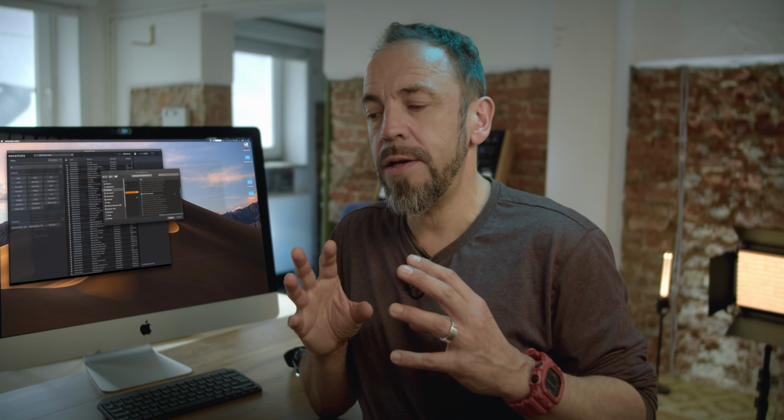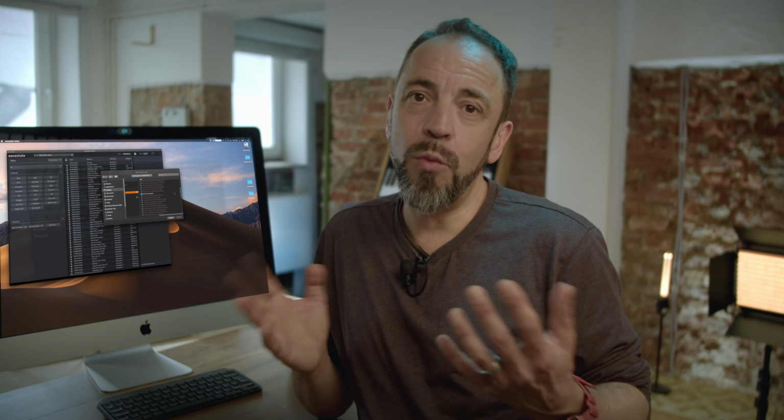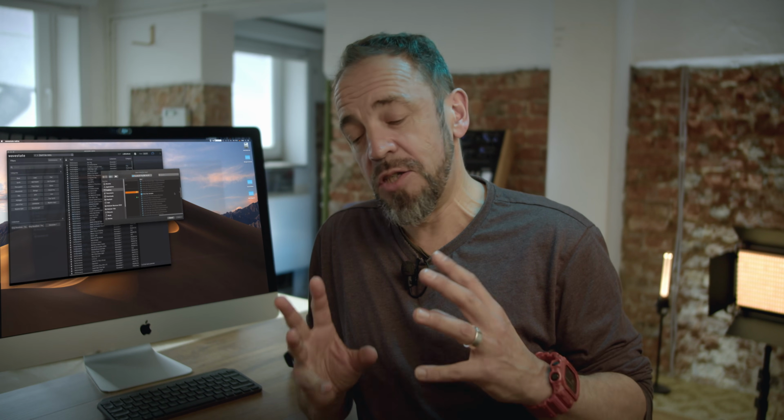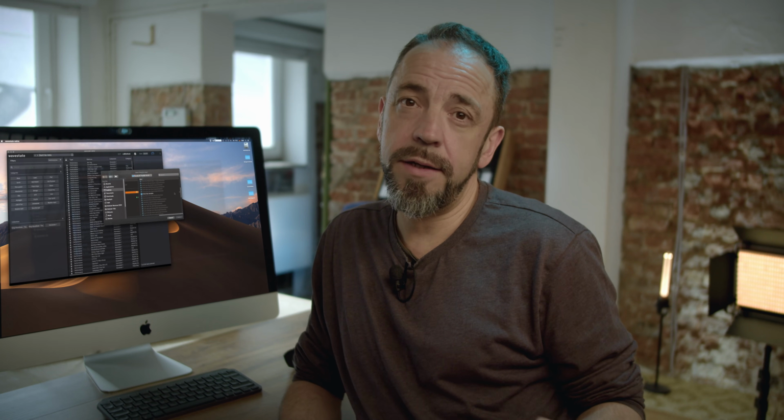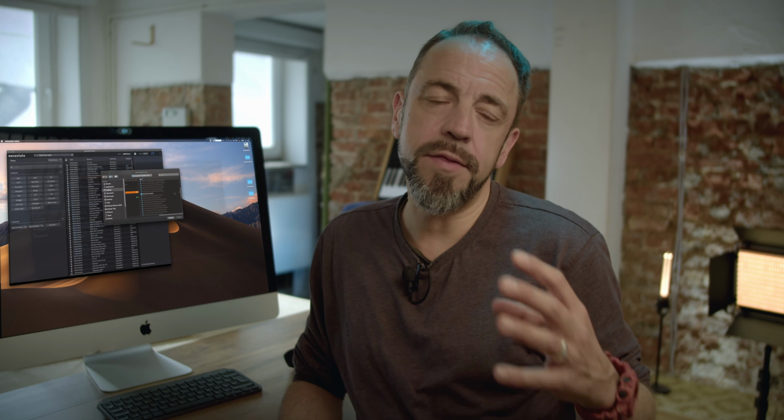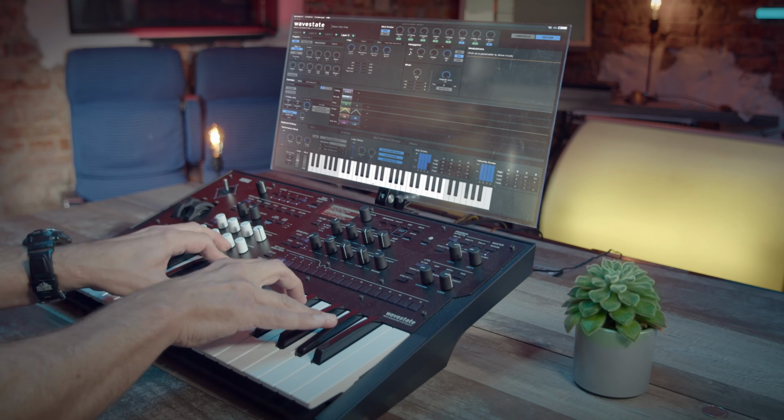Hey guys, a lot of you asked me if and how it would be possible to load more than one sound bank into the WaveState hardware and the VST version, and the answer is yes, it's totally possible with just a very little work. Look, let's say you bought my two sound sets, the Trevor Horn sound set